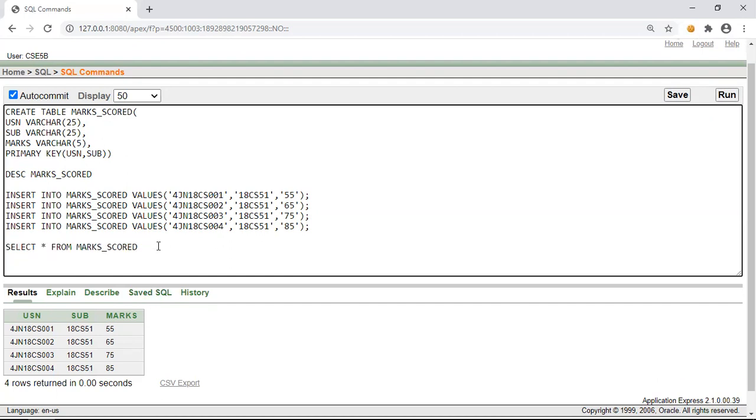In order to understand the aggregate functions fully, we need to insert a few more values.